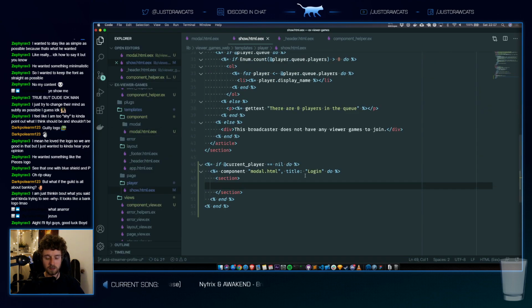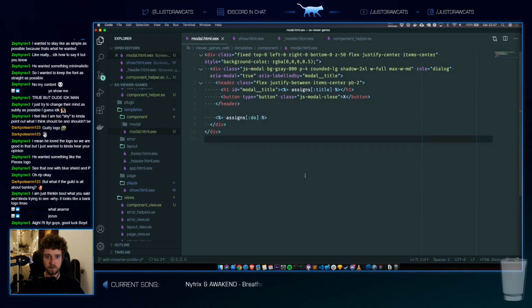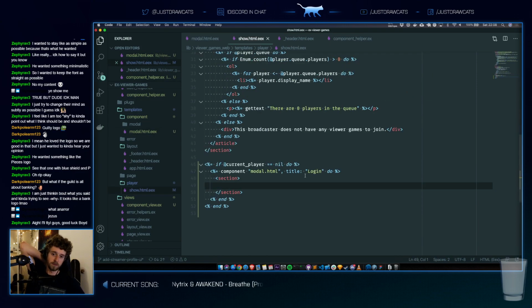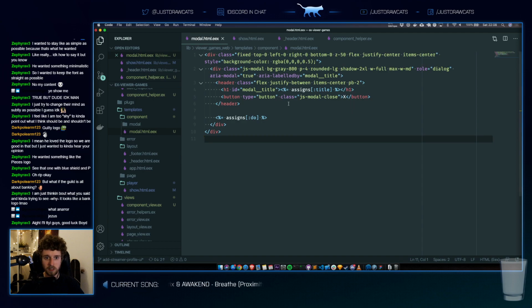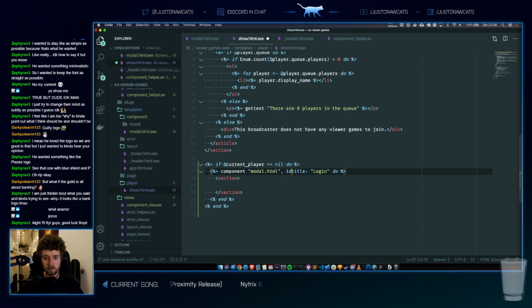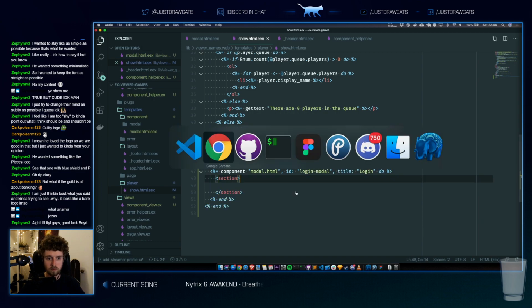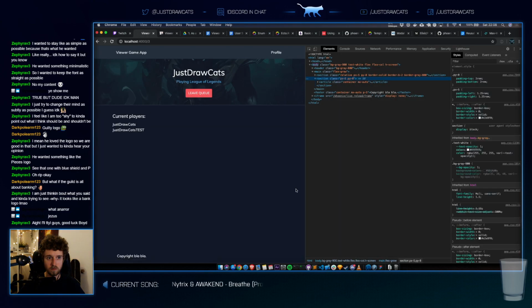Yeah, the thing is, I do need a unique ID. So let's make that mandatory as well. Let's make it mandatory to pass an ID. Cool.